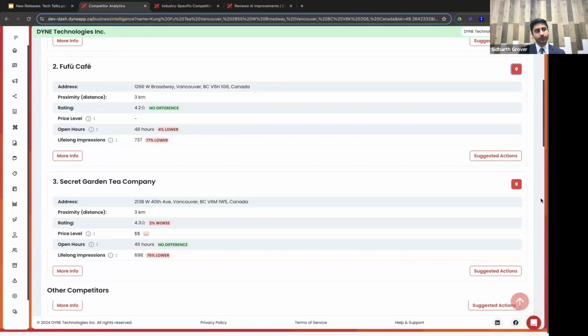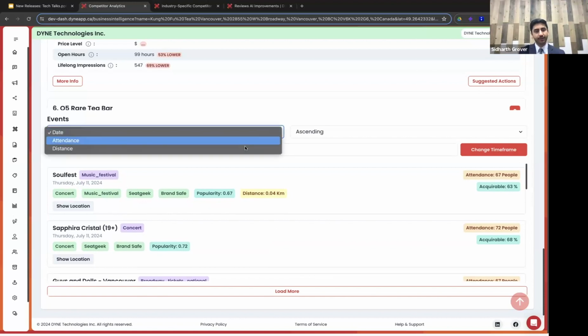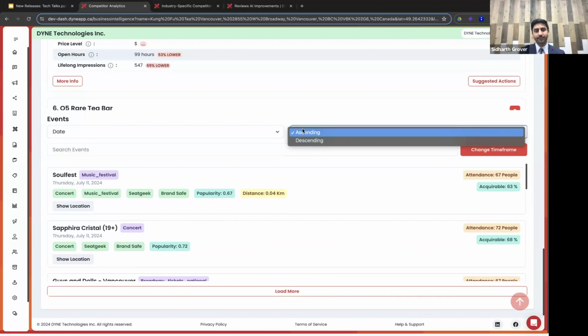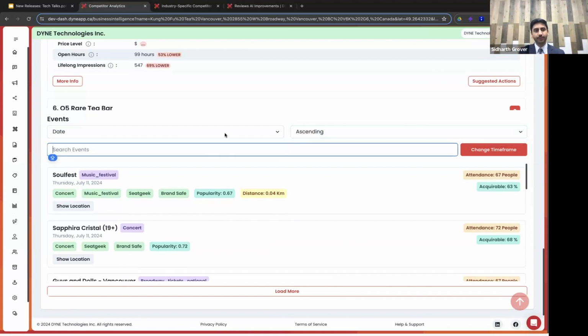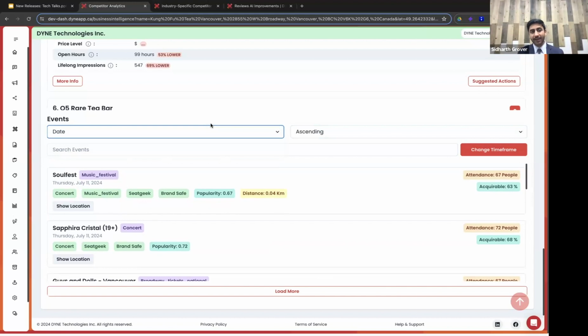Moving forward, we also know how important events are to the restaurant industry. We've actually consolidated a list with the ability to filter on the basis of date, attendance, distance, and sort them all in one place. That means if I want to plan a campaign for a new menu item that I'm introducing for the summer,